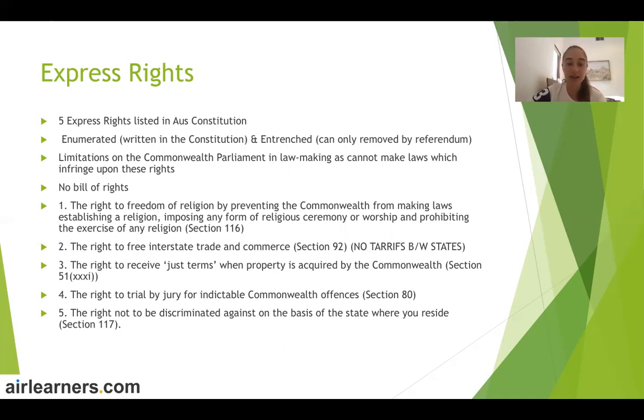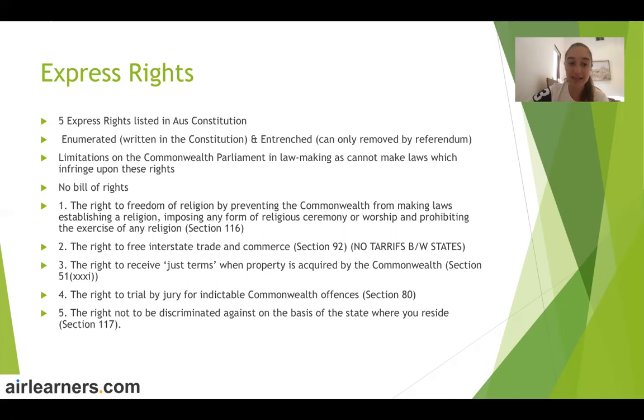The third right is the right to receive just terms when your property is acquired by the Commonwealth. This is outlined in section 51. What this right outlines is that if the Commonwealth Parliament wanted to purchase your property, they must provide you with adequate compensation for that. That's similar to the issues explored in the movie The Castle, which is a very well-known Australian constitutional movie. The fourth right is the right to be tried by jury for indictable Commonwealth offences, which